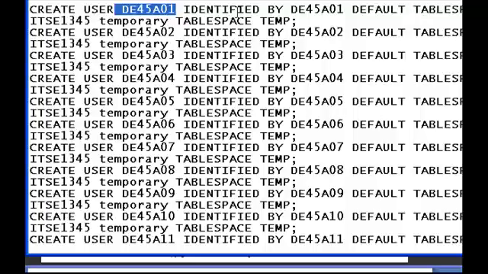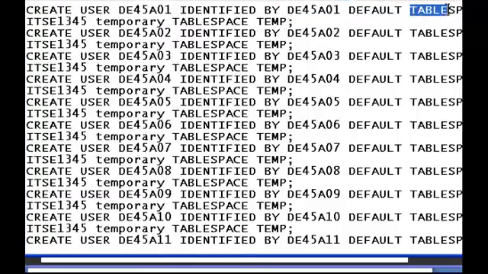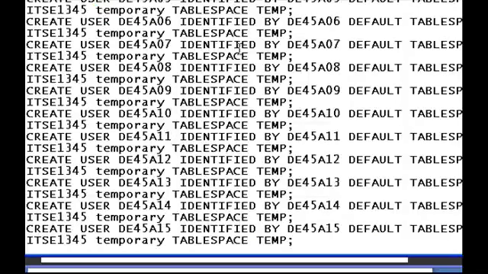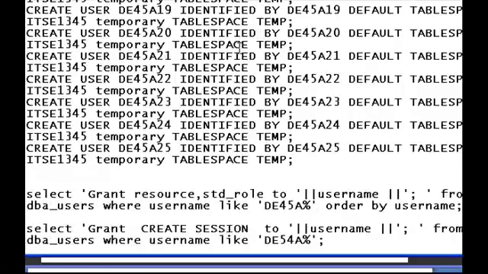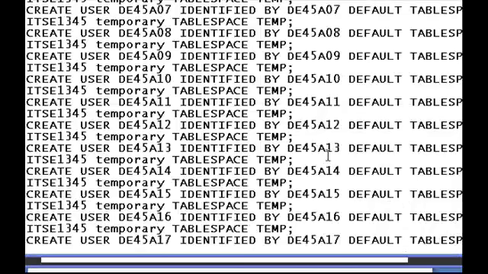So I create a user, and the password of this user is DE45801. This user uses a table space, and that table space is ITS E1345, and you're going to use a temporary table space, which is temp. By this method, I create all the users. After all the users are created, we start granting permissions to the user, what the user can do. The user can create view, the user can create